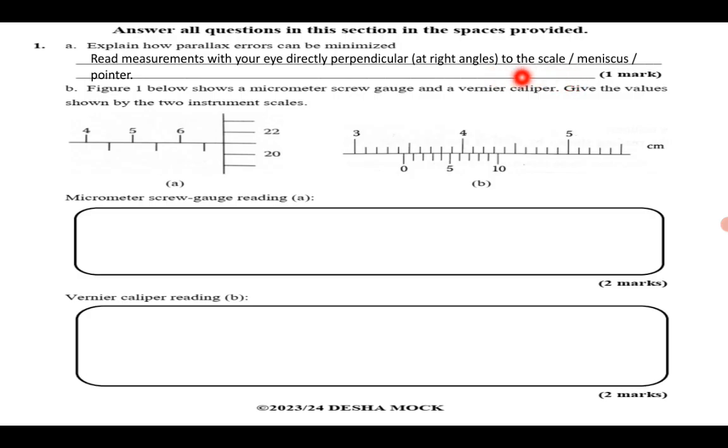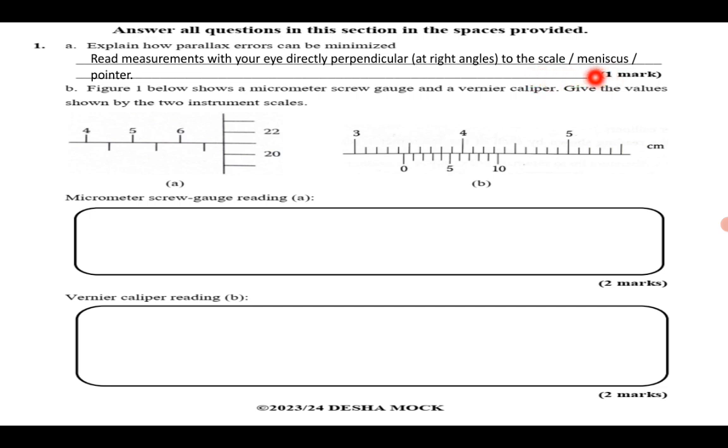Let's say you are using a ruler. Your line of sight must not be oblique to the scale where you're taking the measurement from. So the angle between the scale and the line of sight should be 90 degrees. That way you are bound to get a better reading than when your line of sight is oblique to the surface. So in order to minimize such errors, simply read measurements with your eyes directly perpendicular